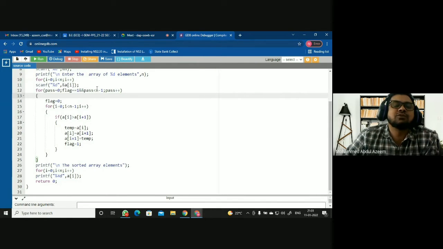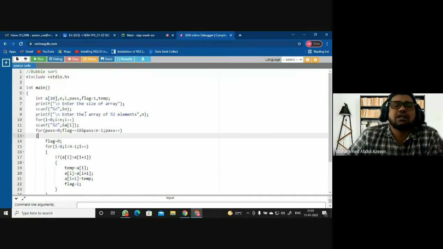This pass less than n minus 1 will allow you to go for the maximum number of passes. How many maximum passes are required in a very worst case scenario? It's about n minus 1 passes. So n minus 1 passes anyway, this particular outer for loop will allow you to perform. But then in between, if you encounter any average or best cases, it means that your array gets sorted somewhere before going for the last pass. You will have to stop doing further passes. This particular flag value is restricting you from going for the next passes when it identifies that the elements are already sorted. Okay, so I hope this is clear to all of you.